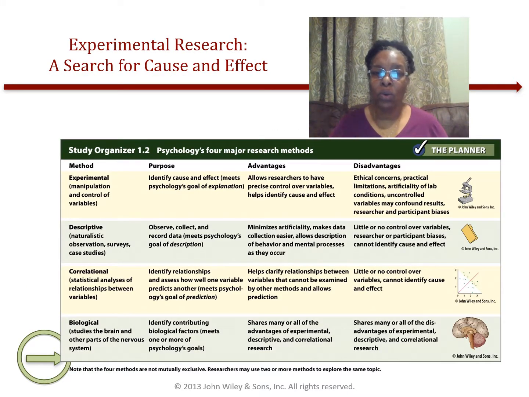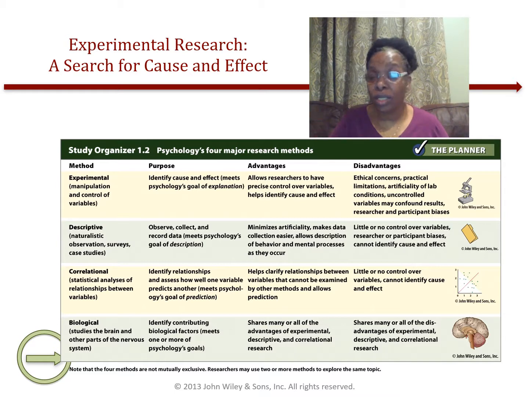All right, so when we're talking about experimental research, everything we feel there's a cause and effect. When something happens in one area, if a variable is interacted with in one way, what does it do, and how does it make the other variable, or how would your behavior, change because of it? So right now, what I want to just go over briefly, and make sure you do read this in your textbook, is the four major types of research methods that we use when we're doing research.